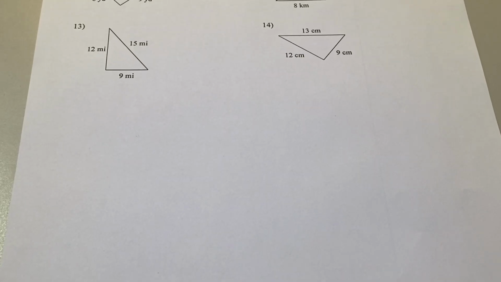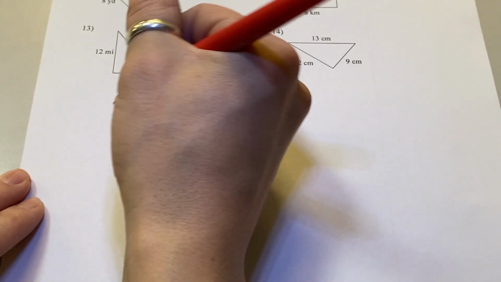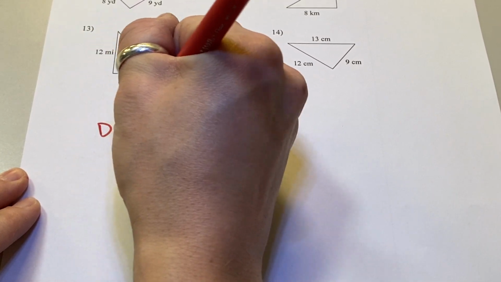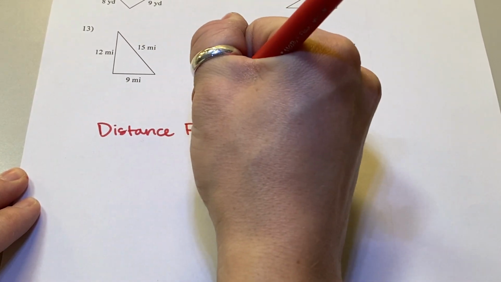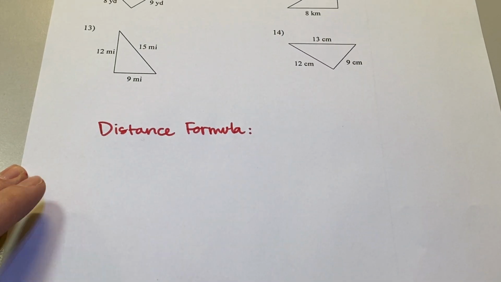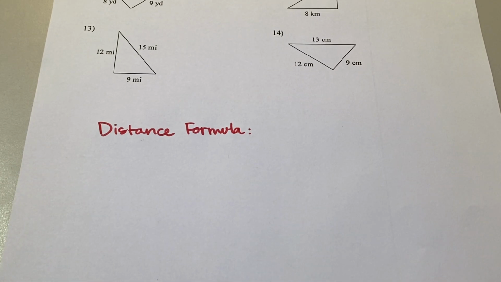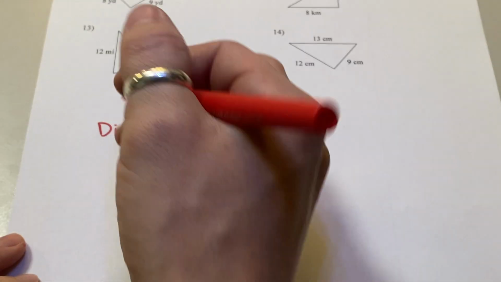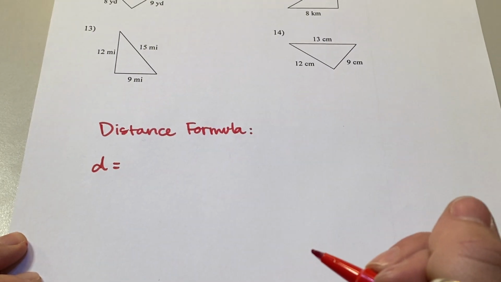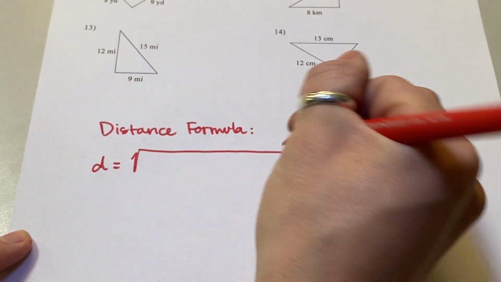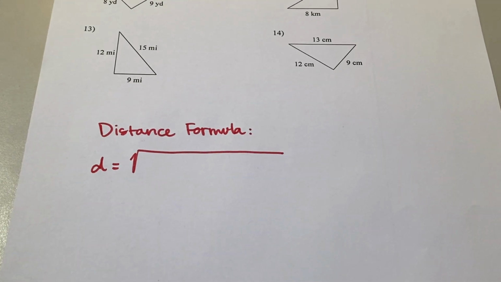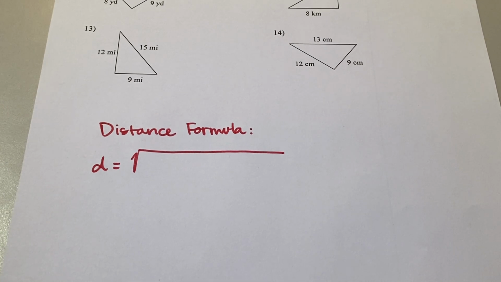Remember, we love formulas, because formulas just tell you what to plug in. All you gotta do is find what to plug in, boom, you're good. So the first one we're gonna talk about is our distance formula. It's actually going to look kind of familiar to the Pythagorean theorem. It's very closely related. We say d, our distance, equals, you're going to give yourself a big square root, because there's a lot that needs to go under this, the square root of